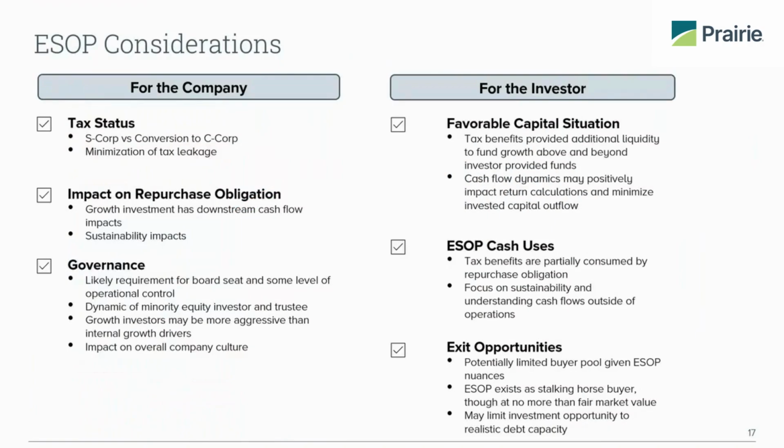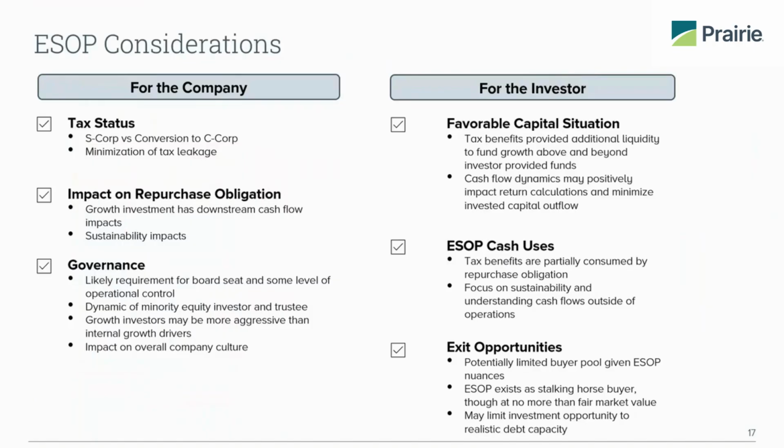Questions that have come in that I was waiting till this slide to answer. One of which was what happens with the tax status. For a 100% S Corp ESOP, obviously you have a tax advantage. And so what you have to think of is how you actually structure this investment. There are structures out there that allow us to maximize that tax benefit while allowing for a minority equity